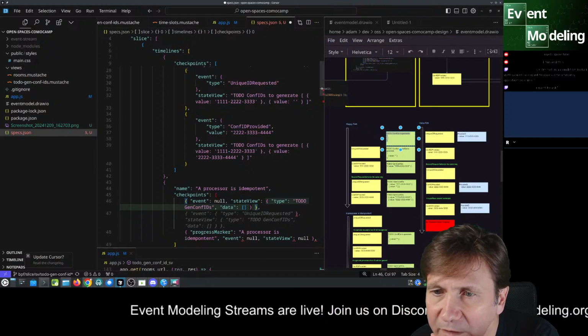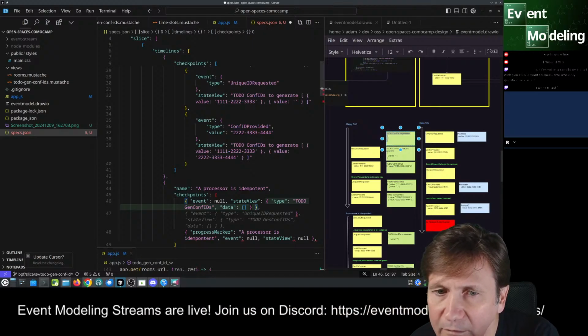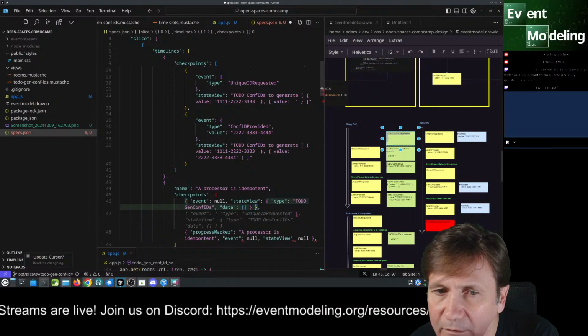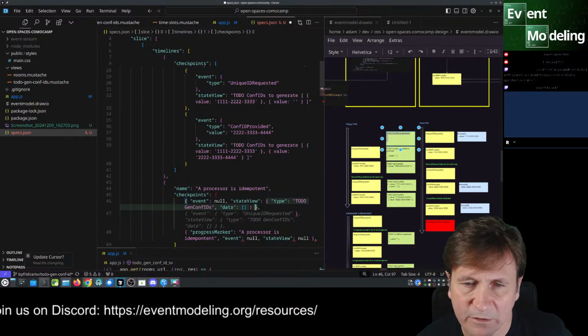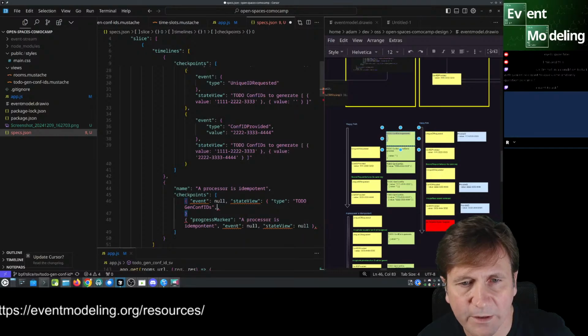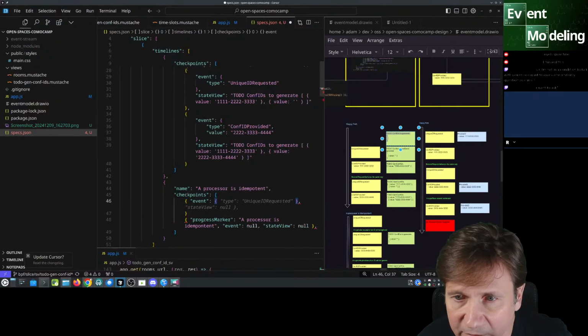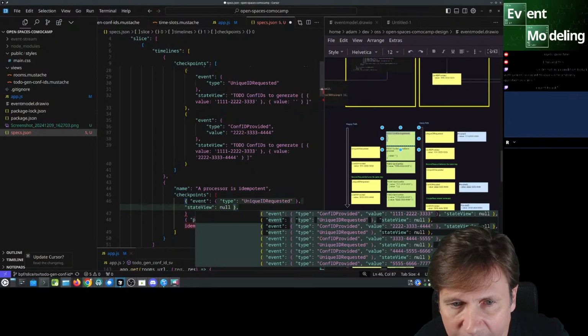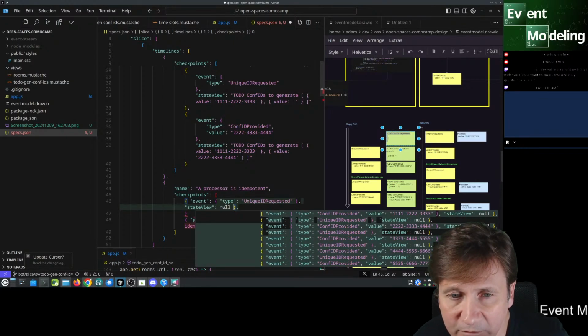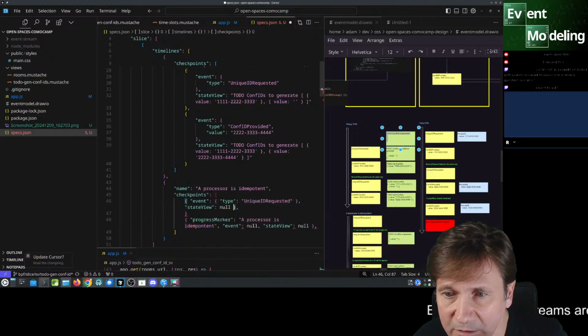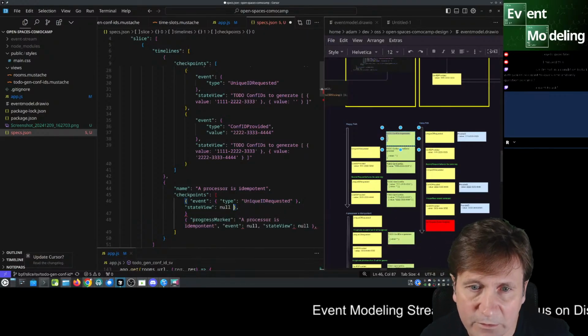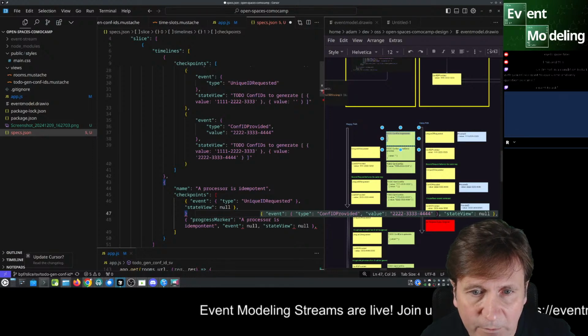Oh, it is. Data is. And actually, no, event is not null in here. Okay, so let's go back. And an event actually does have the type unique requested. The state view is null. Yeah, good. That's actually what we need.